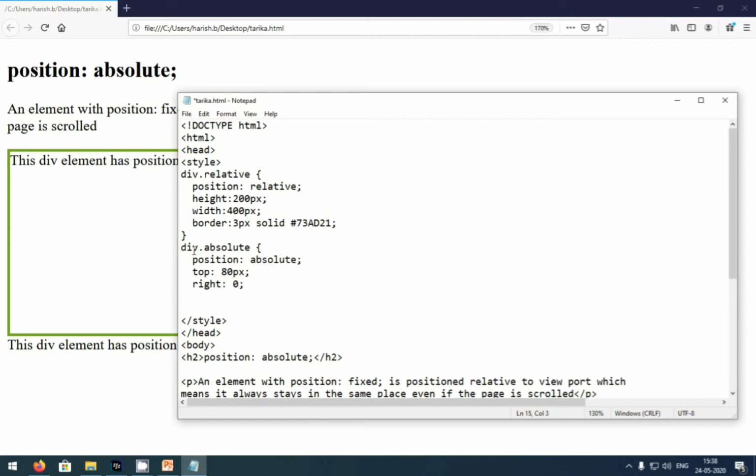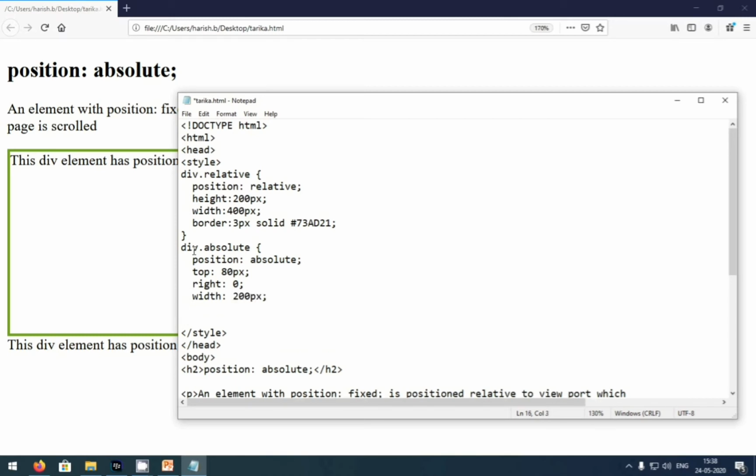After right I'm going to write the width for it. I don't want the width of 400 pixels, so I'll write 200 pixels. After width I'm going to write the height.